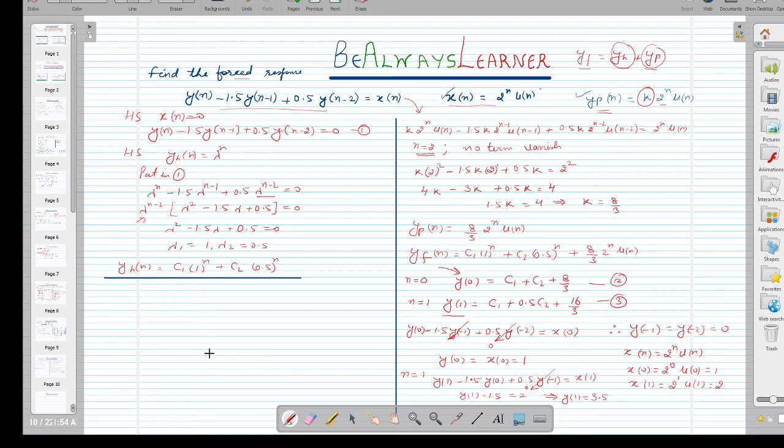Fine. So we can write here that we are having value of y1 and value of y0. This is the value of y1, this is the value for y0. So both values we are having. So for that we can write y0 is 1. So 1 is equal to c1 plus c2 plus 8 by 3. So from this we can write, and from this what we can write,